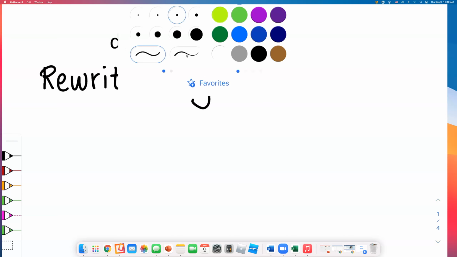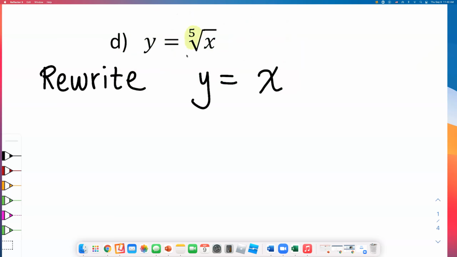Notice if you have a 5th root, that is the same thing as having a 1 over 5th power, okay? So I had to rewrite this in exponential form, not radical form,